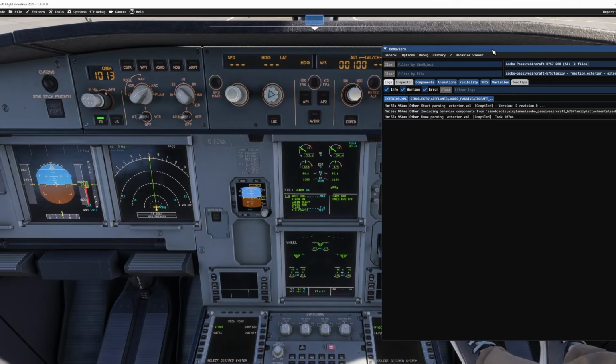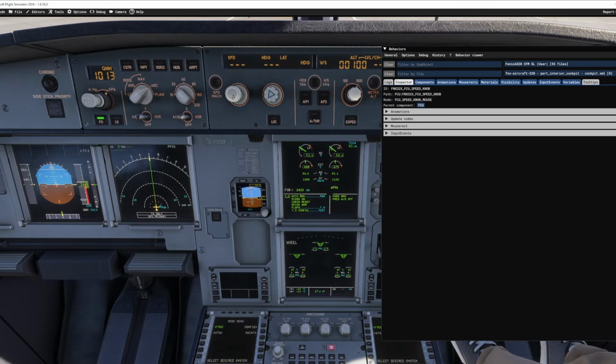Now, here's where this gets really, really cool, but can also be very confusing. You have to really pay attention to what you're seeing here. So we're going to click back in the cockpit. Notice that the top bar turned gray. We click in here, it's blue. Click in the cockpit, you're gray. That's what you want. We're going to mouse over our speed indicator, and we're going to hit Control and G